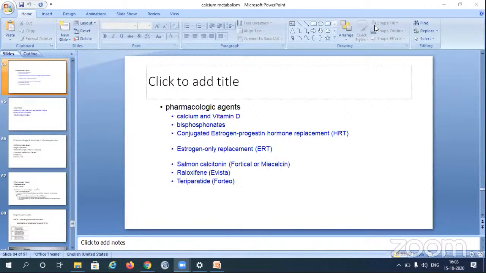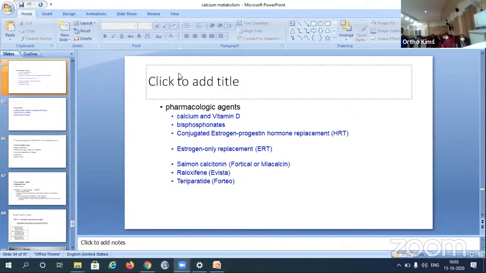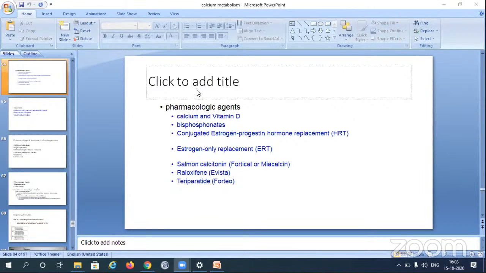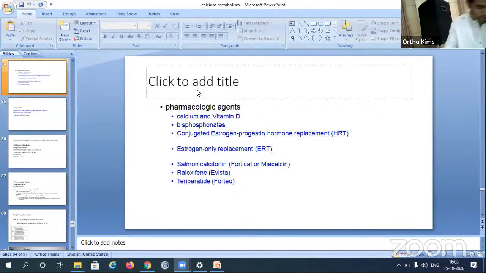I'll switch on the video. Calcium oxalates are better absorbed than other calcium forms, because calcium oxalate will be in more ionized form and it will be better absorbed than any other calcium product. What about calcium citrate? Even citrate will be available in ionized form, but oxalate is superior to citrate in availability.